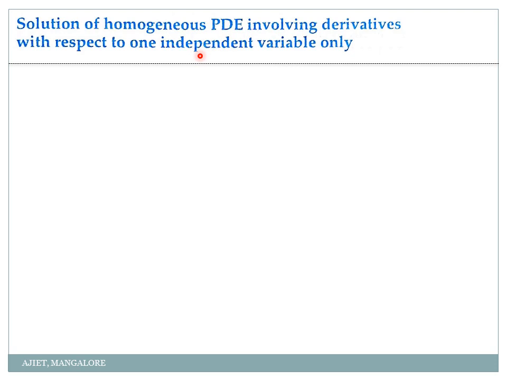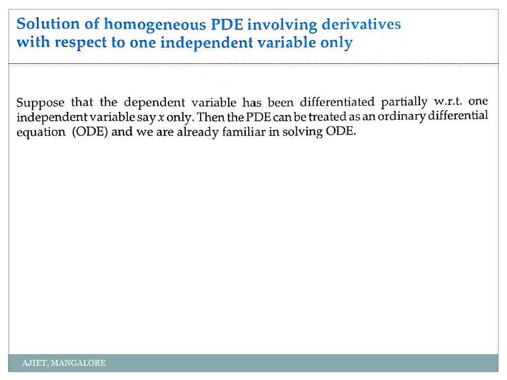So what is a non-homogeneous partial differential equation? If an equation involves only the derivative and not the independent variables, then we call it a non-homogeneous partial differential equation. And how do we solve that? Just by direct integration with respect to x or with respect to y. Okay, that is a simple one. And one important thing is when we find the constants, we have to be very careful. Now here we are solving a homogeneous partial differential equation with respect to only one independent variable.